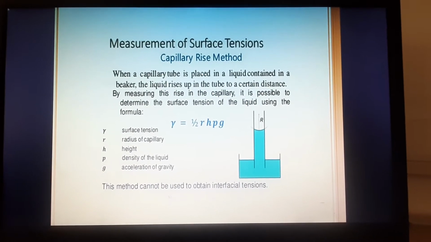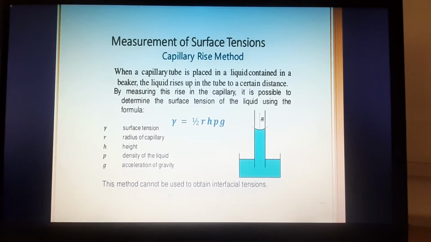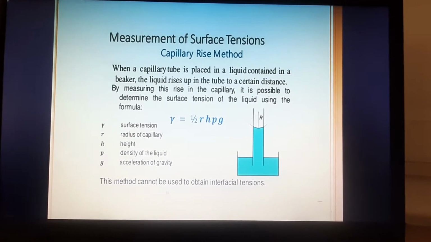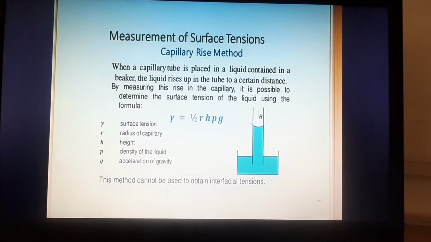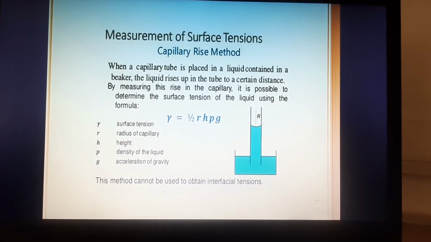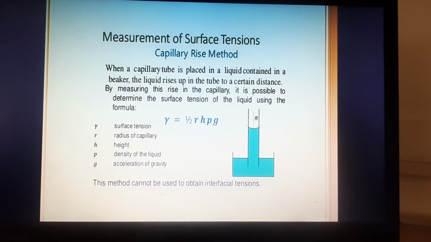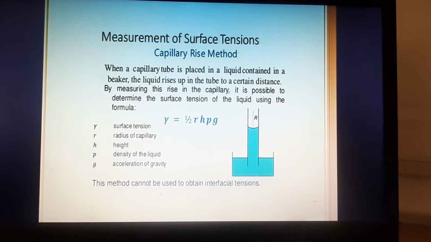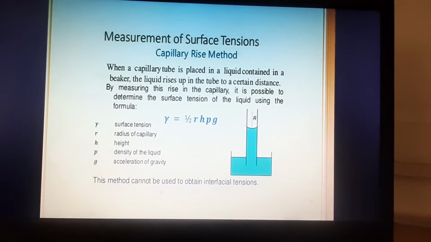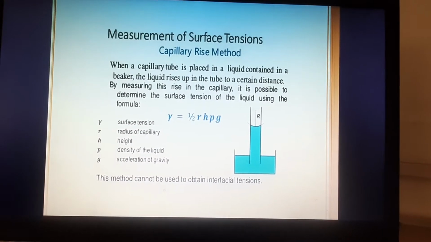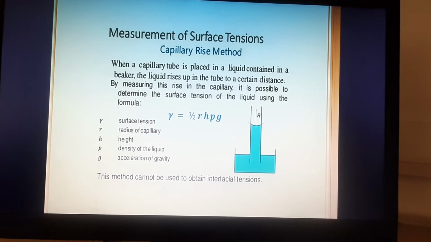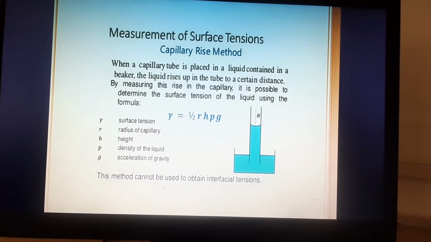First one is the capillary rise method. In the capillary rise method, the capillary tube is placed in the liquid. You can see in the diagram, the capillary tube is placed in the liquid which is contained in the beaker. When it is placed in the liquid, the liquid rises up in the capillary tube to a certain distance. By measuring the rise in the capillary, it is possible to determine the surface tension of the liquid using this